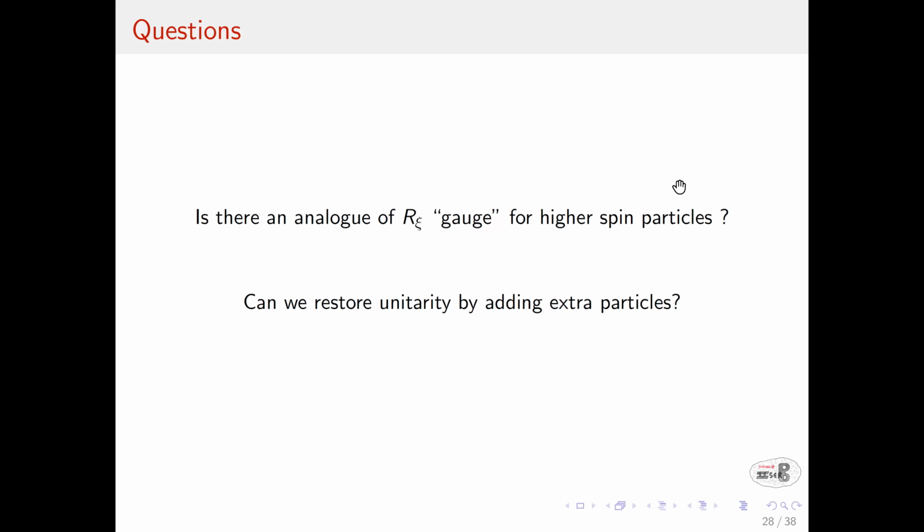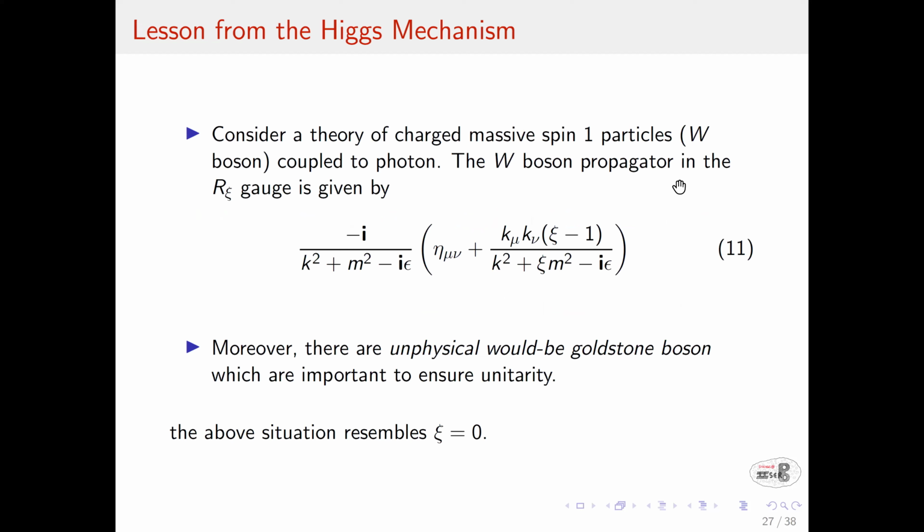You're talking about massive higher spin. No, this is gauge invariance of the massless particles. And this is only at the level of resemblance of this propagator expression. That's what I'm saying for higher spin. I'm taking the motivation from the Higgs mechanism and mimicking it. I'm not providing a Lagrangian. I'm not giving a derivation. I do not have all those. I just know this works for spin 1. Let me just be blind and do it, and see whether it works or not.